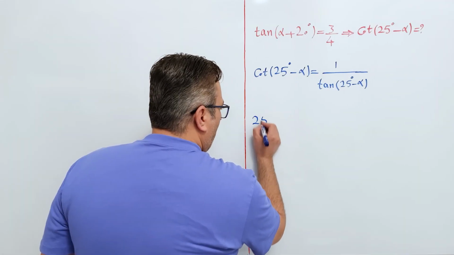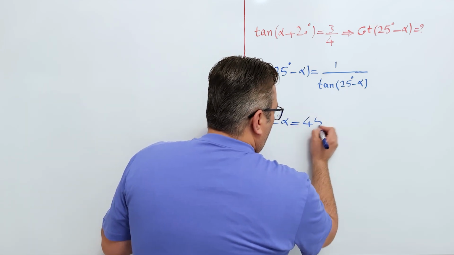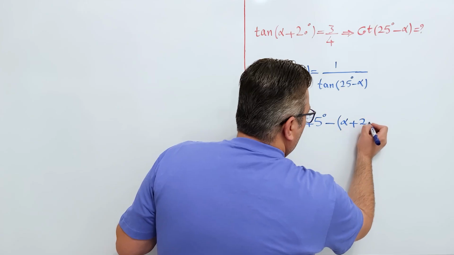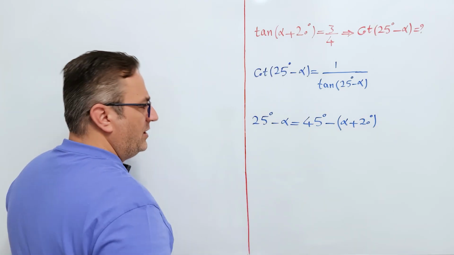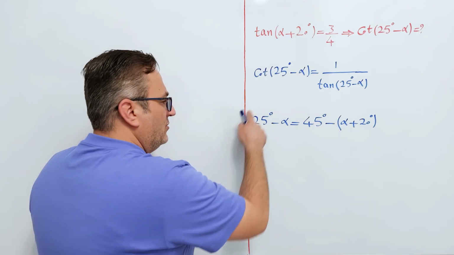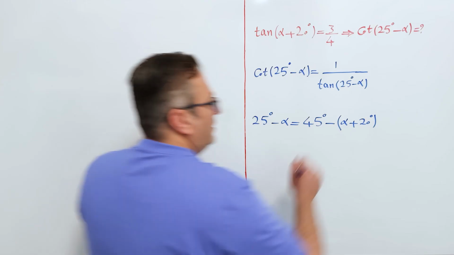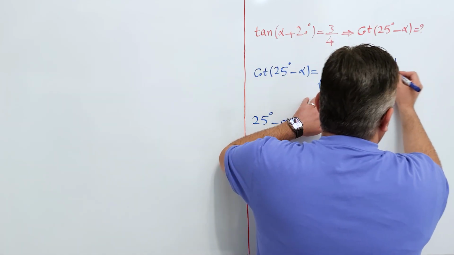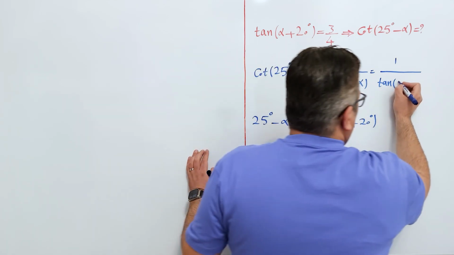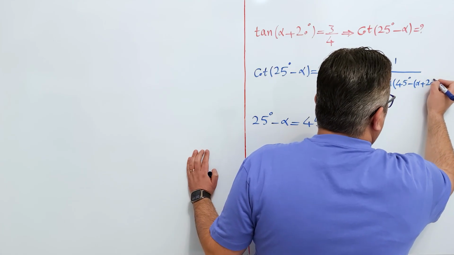Okay, 25 degrees minus alpha is equal to 45 degrees minus alpha plus 20 degrees, because 45 degrees minus 20 degrees is equal to 25 degrees minus alpha. Okay, so we can write 1 over tangent of